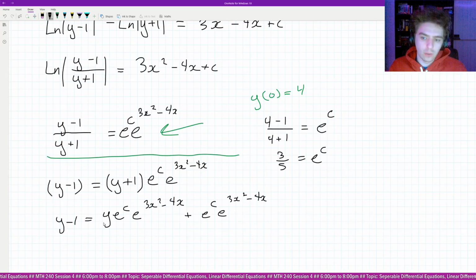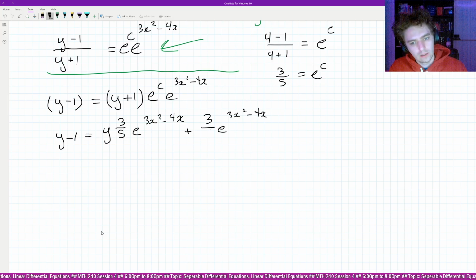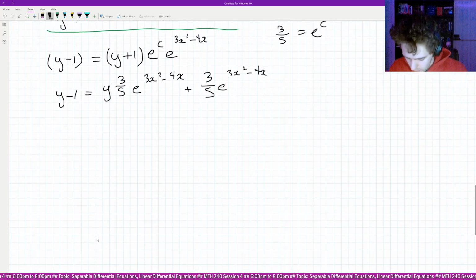And I don't even have to figure out what c is. e to the c is enough. We have an e to the c here, in 2 cases. So wherever I see e to the c, I can just replace that with 3/5, right? So kind of a confusing thing I'm doing here, but just replacing it with 3/5. Right, I said e to the c was 3/5, so I can do that. Okay, so then now